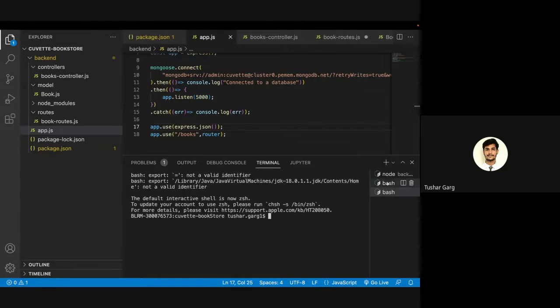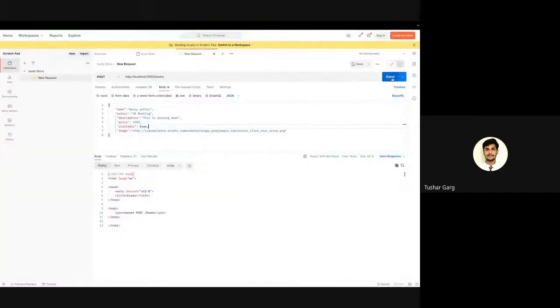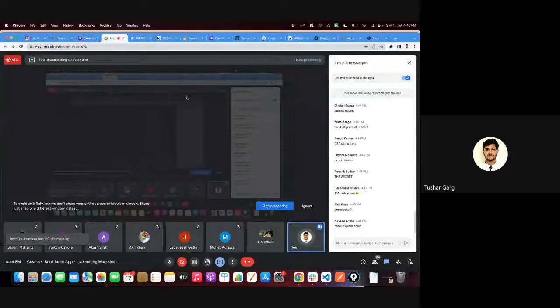So these are terminals, that's going fine. Okay, let's try this now. So description is fine, I think description is not an issue. Now I'll send this. Still another error on /books. Name. We can use the get, post place. We can use the get now. No, it will be post only because we're sending the information. Okay, so post request is because we're sending the information. In the router part,